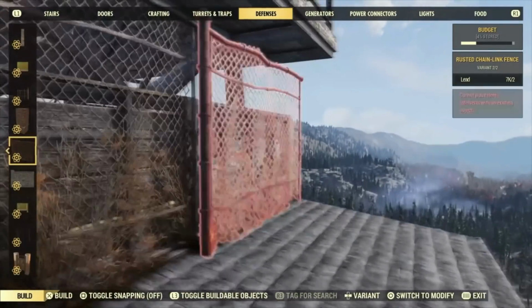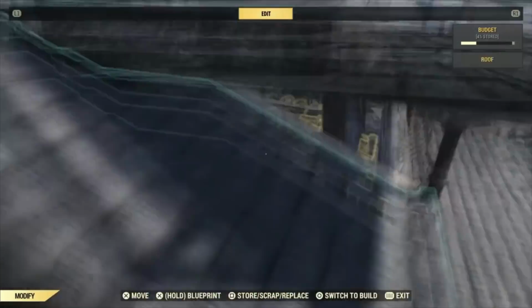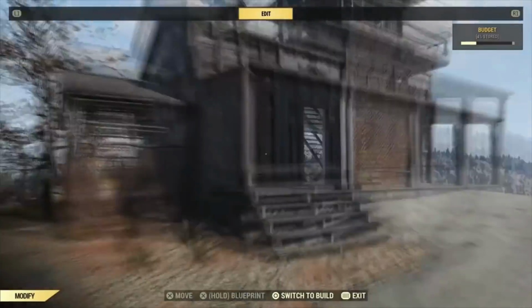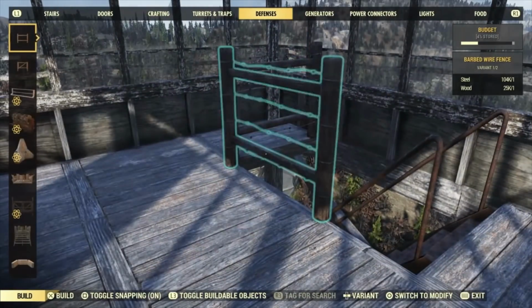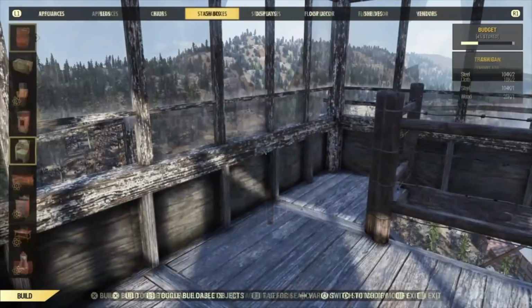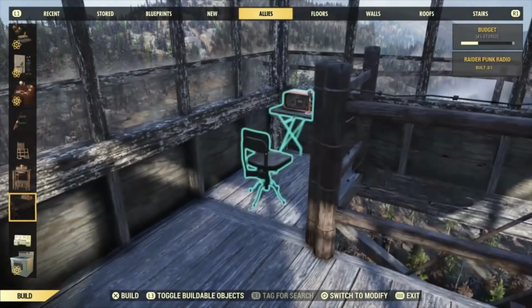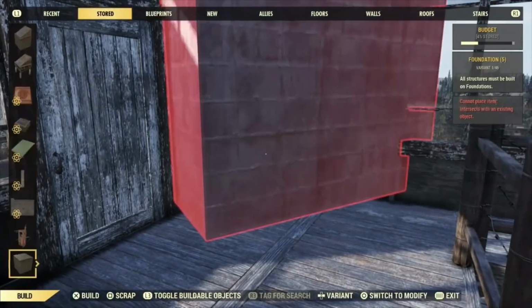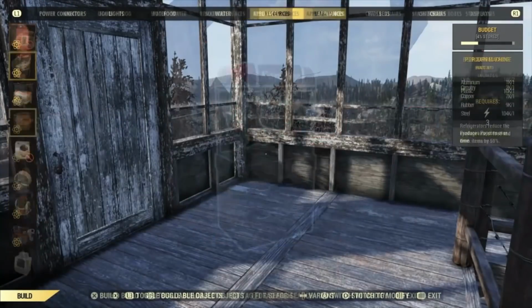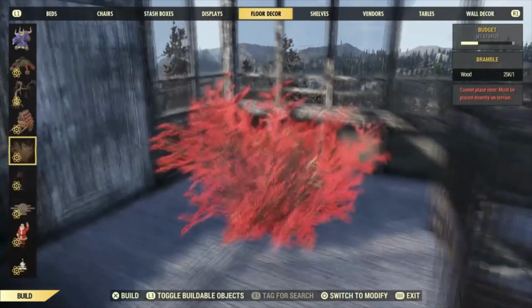And don't use snapping with a fence because it won't play nice. Just try to freehand it. Okay, so upstairs inside the watchtower, I'm going to put a little bit of a fence here, but later we're going to put the Raider Punk, just so we can have that radio table, because it's pretty cool. He's not, though, so we're going to wait till the very last minute before placing him, because he's annoying